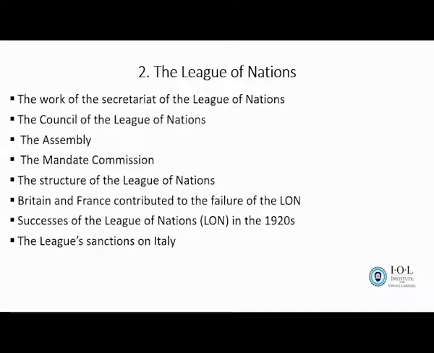So with the absence of the three superpowers, the League had no way to stop countries from fighting because it lacked the backup of the strongest countries. And then another reason why the League of Nations failed, or was not successful, is that there was no cooperation among the member countries of the League.